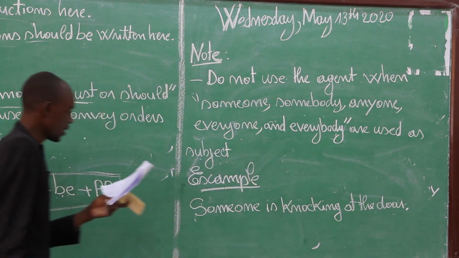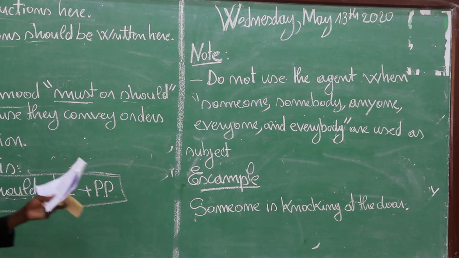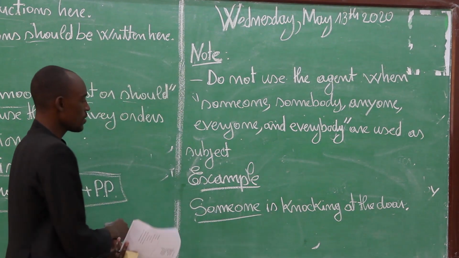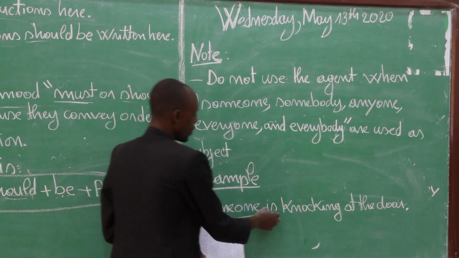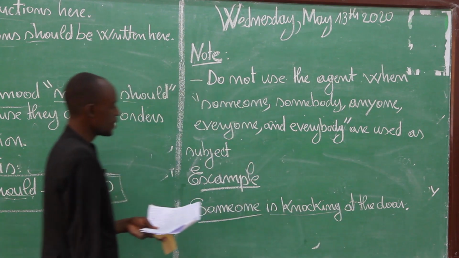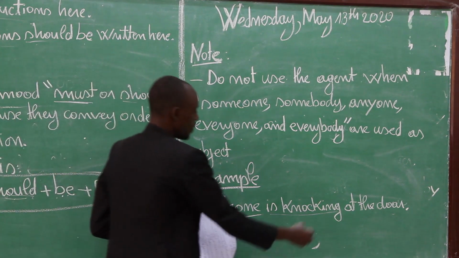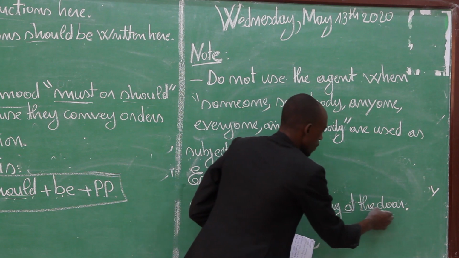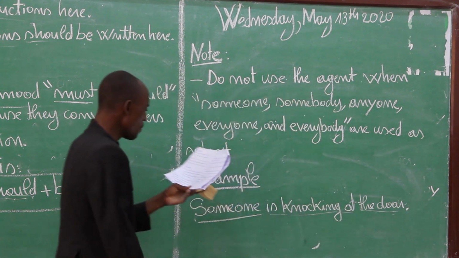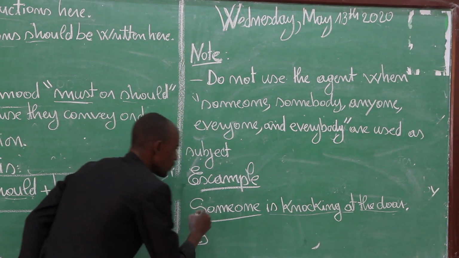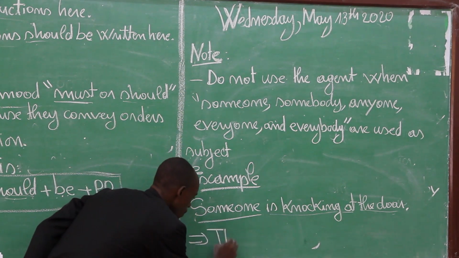Someone is the subject, and we have a verb conjugated in the present progressive, and we have the object. And in passive voice, we say